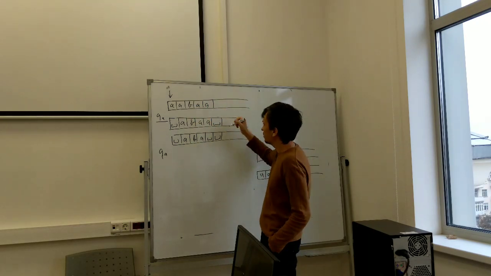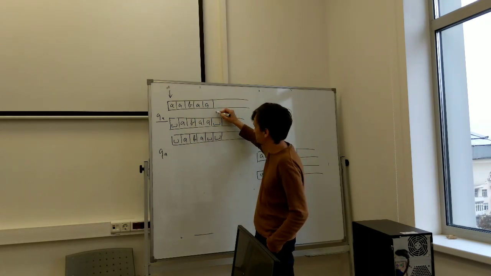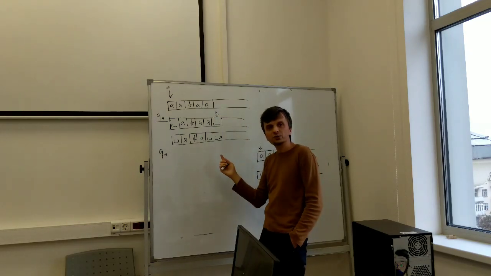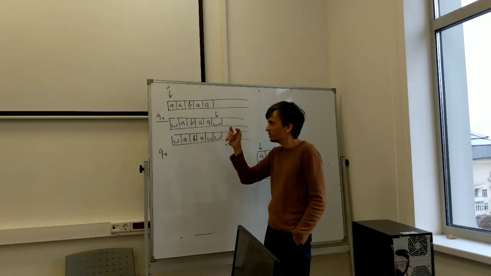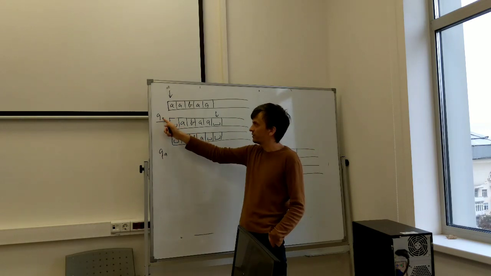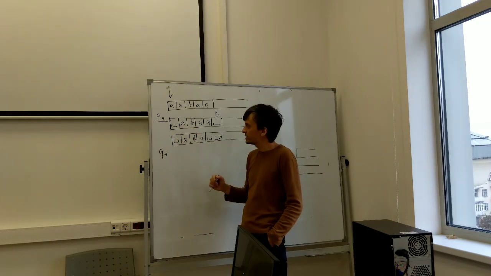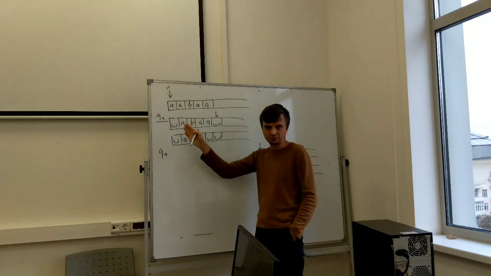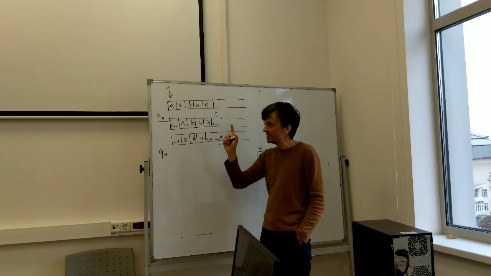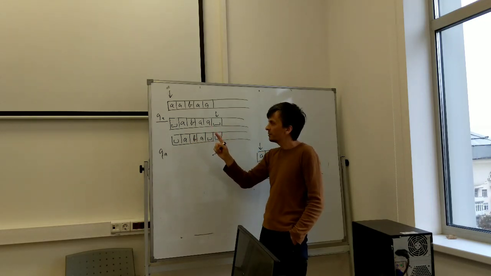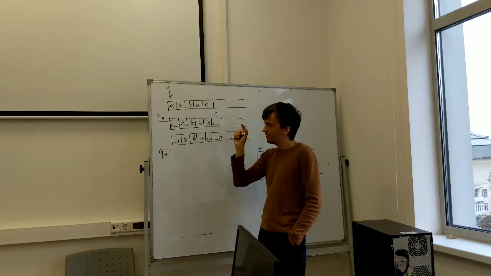Then when we saw this for the first time, we have to enter into another state, but that state should also have the information that the first symbol that we saw was A. And so on. But we don't need an infinite number of states for that, because at each moment we have to remember the symbol that we